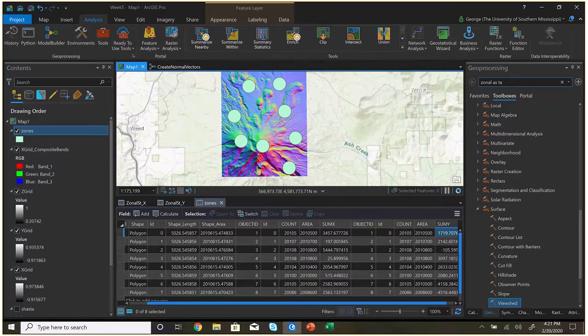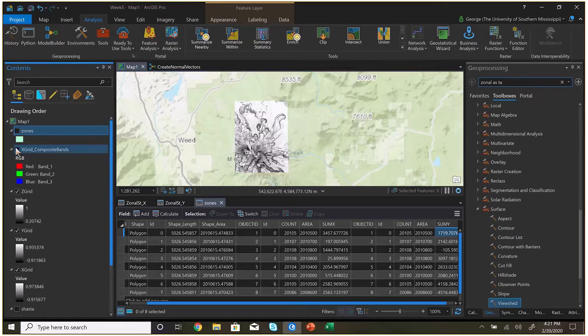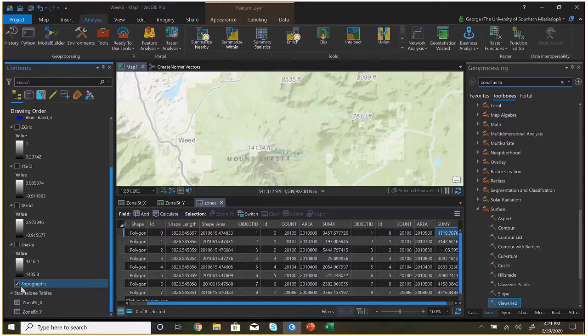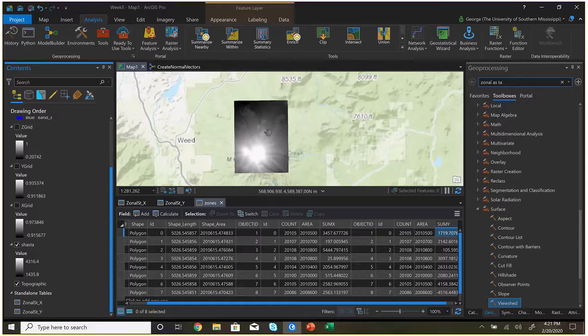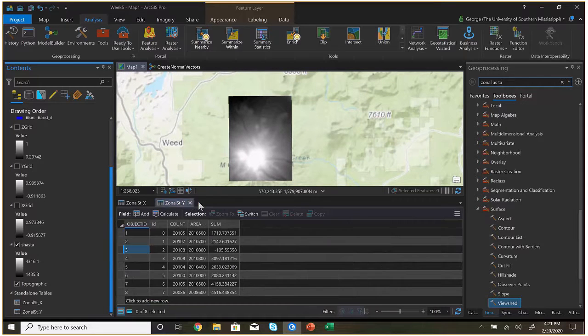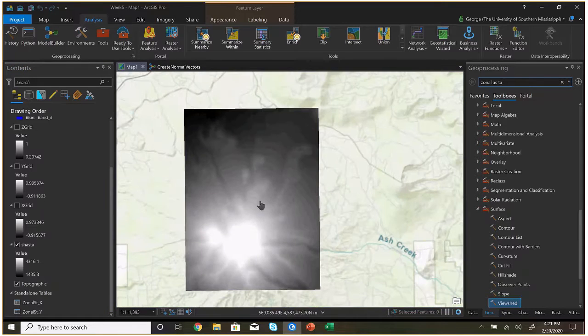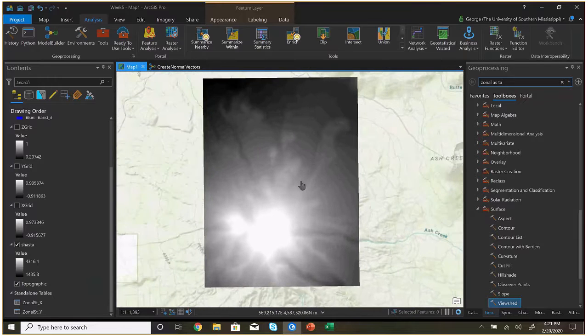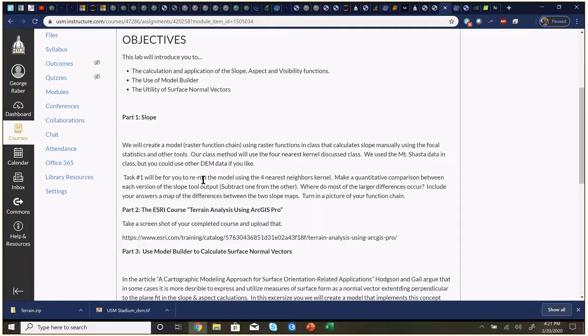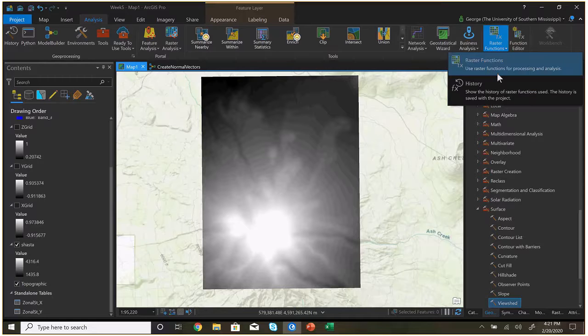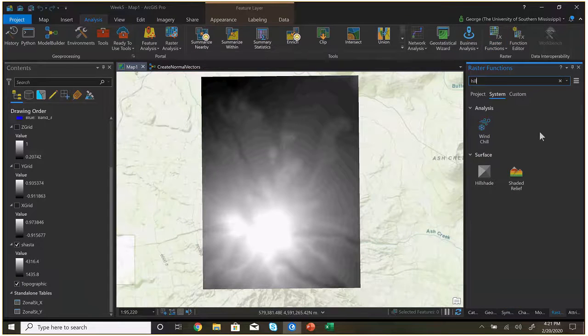this map, let me turn off the zones and the XGrid. I got all these values. I'm going to leave Shasta on. I'm going to turn this off, close all those for a little while. So I want to recreate, let's say the slope tool did not exist. That's what this is saying. So we want to use the raster function calculator to create a slope tool. And so raster functions,